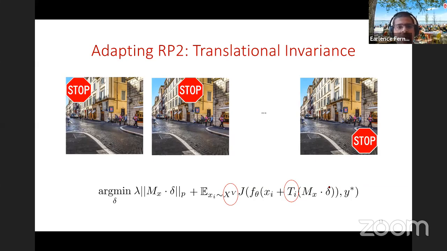As I alluded to earlier, one major change from classifiers is that the target object can appear anywhere in the scene. And so in a sense, you want your adversarial perturbation to be effective at many of these locations within the scene. Put another way, you want translational invariance. You do not want where the object is to affect the quality of the attack. And so conveniently, this framework basically allows us to model this translational invariance as yet another transformation.